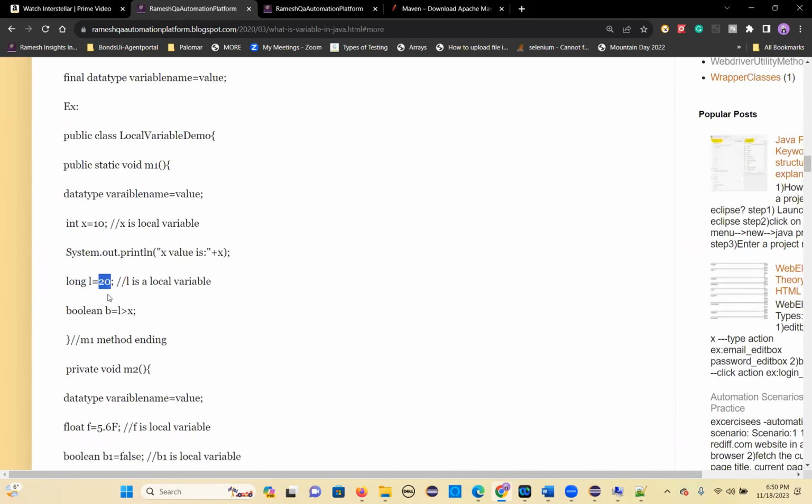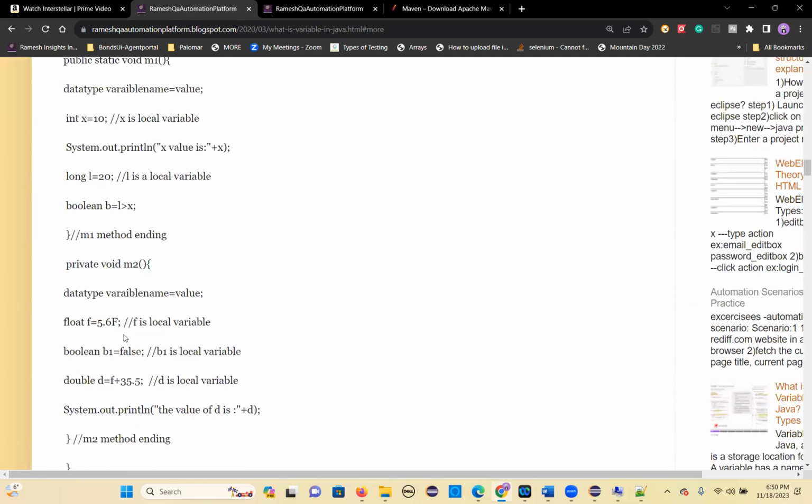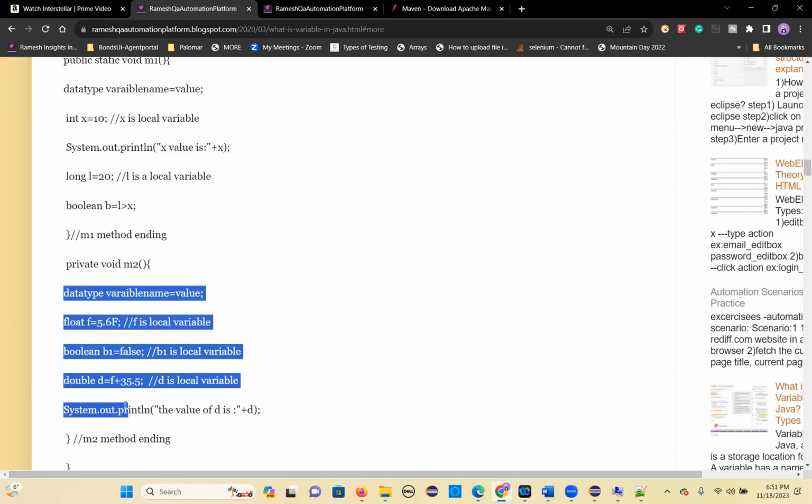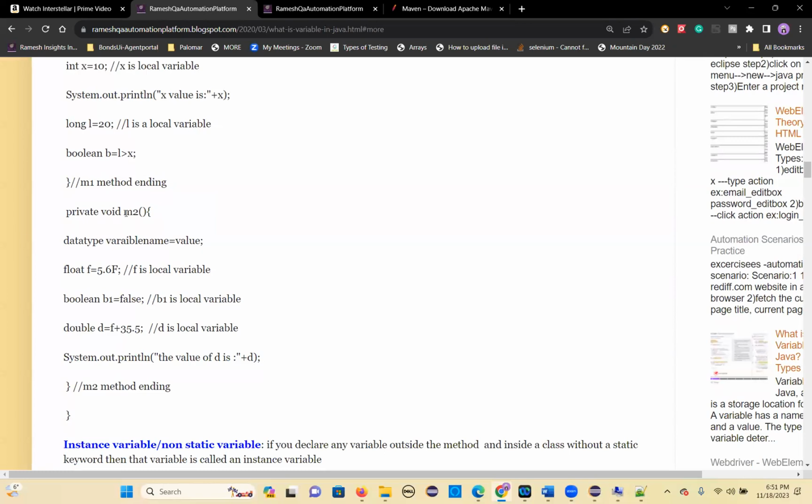long l equal to 20. So I can use x and l here, and I am doing some calculation and assigning that output to another local variable, boolean b. These x, l, b I cannot use in M2. Why? This is only for this method, not for the M2 method. That's the local variables. Even in the M2 method, a non-static method, I declared again float f. I declared and assigned a value, and I'm using it here. I can use it in the same method only, but not outside the method. That is called local